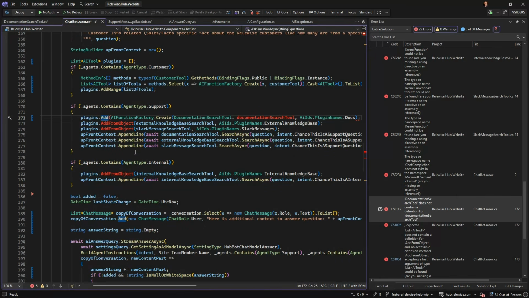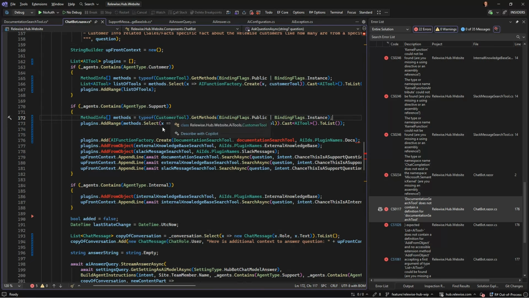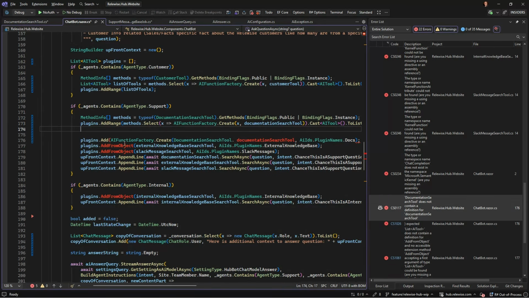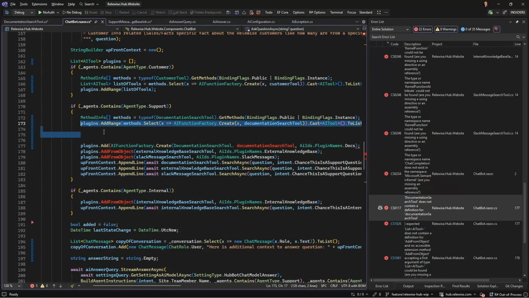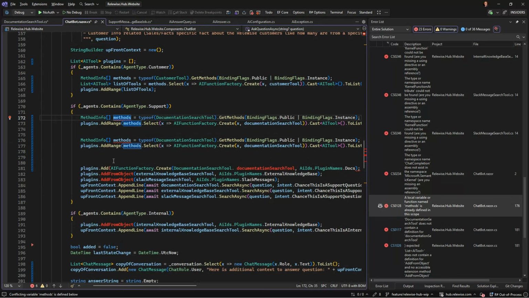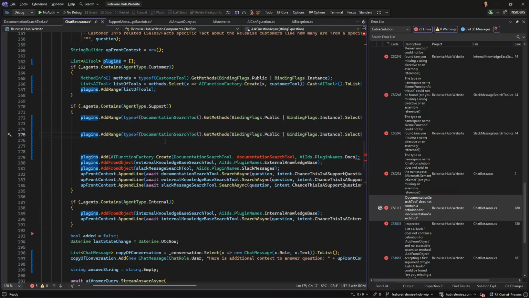So this, and say documentation search tool with the documentation search tool. And then there was the knowledge base tool, so something similar. Okay, we're gonna do that and do that.